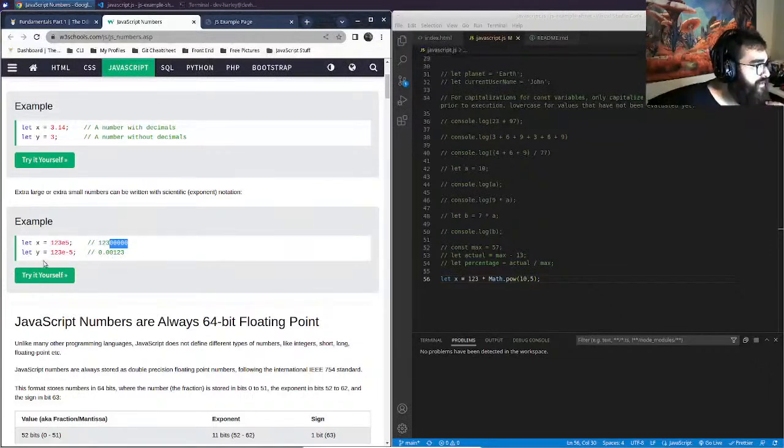And then this is 123 times 10 to the negative 5th power. So we go back 5 decimal places. Instead of going 5 decimal places forward, we go 5 decimal places backwards. So we go 123, 1, 2, 3, 4, 5. Sorry, 1, 2, 3, 4, 5. Anyway,